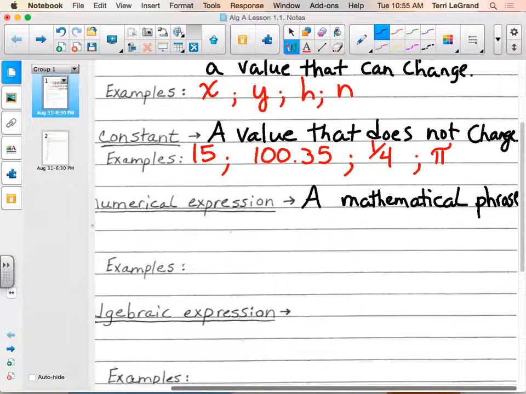What is the difference? The sentences don't have equal signs. But I'm telling you how they are alike, not how they are different. They have a full thought: capitalization and punctuation for a sentence, an equal sign for an equation, saying whatever's on that side is the same as what's on that side. Expressions never have what? Equal signs. So a numerical expression, our mathematical phrase, cannot have an equal sign, but that's not what we're going to put. We're going to put that contains